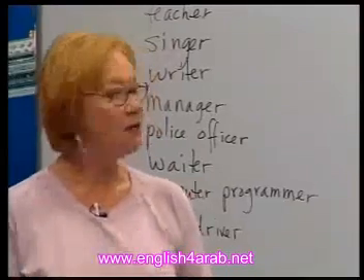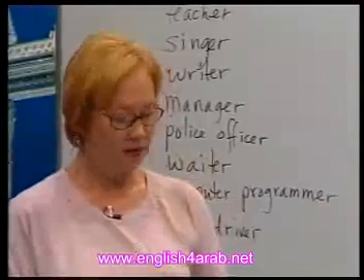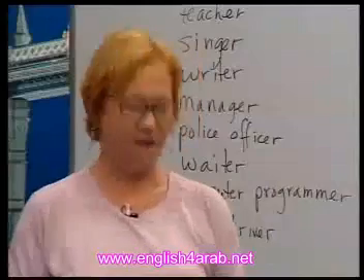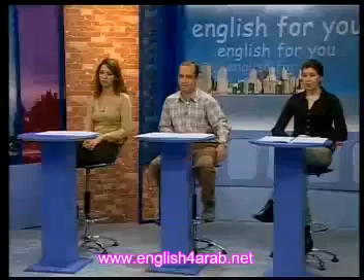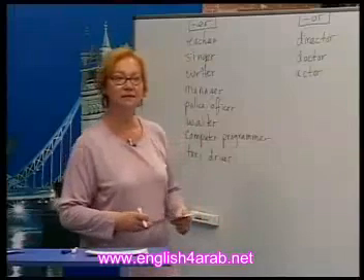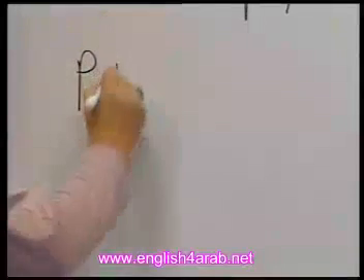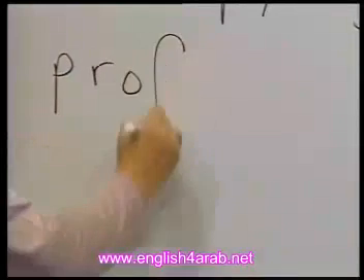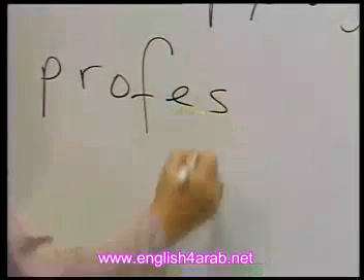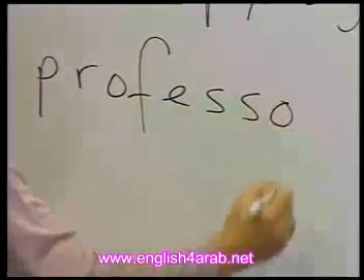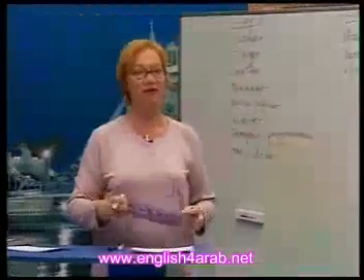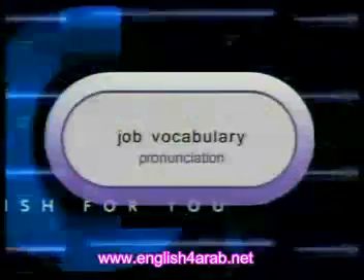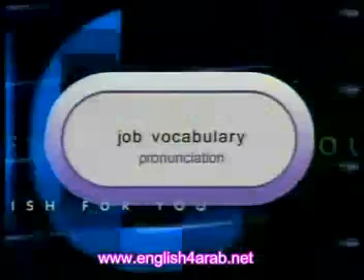Yes. Any more, Ali? A farmer. Good. What does a farmer do? He makes food. Well, he grows food. A cook makes food. Any more, Isabel? A professor. How do you spell it? P-R-O-F-E-S-S-O-R. Yes, very good. And so it's in this list. All right. Thank you very much. That was very good. Of vocabulary, pronunciation.